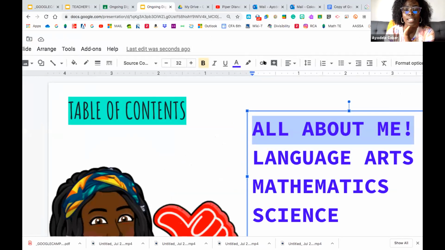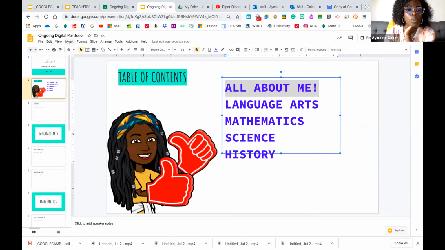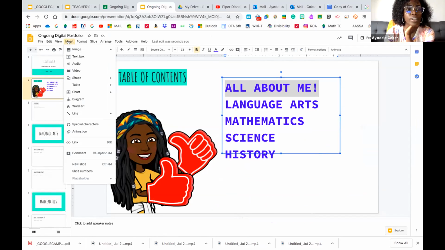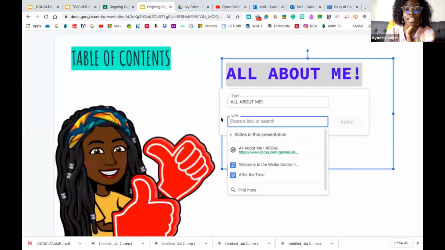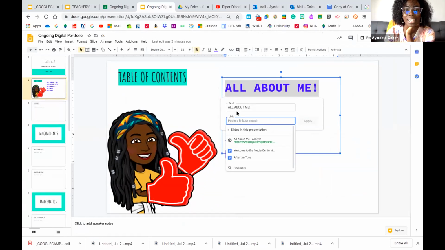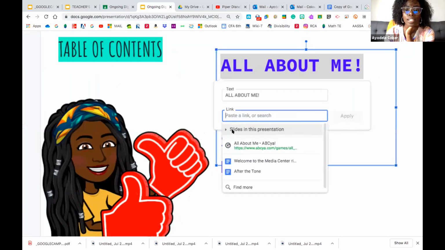And it looks like a chain link, okay? And when you mouse over it, it says insert link. That's one way. You can also go over here and click insert and find link, which is right here, insert link. I'm gonna go ahead and do it this way, but you have to make sure that the words that you want are selected. Okay, so this is the text. When it says text, that means this is the text that's going to be displayed for that link. And I want to link it to slides in this presentation. Notice it says slides in this presentation.